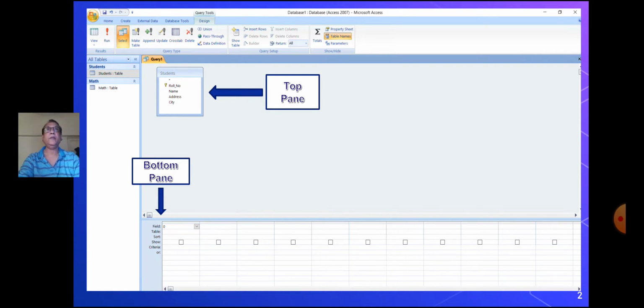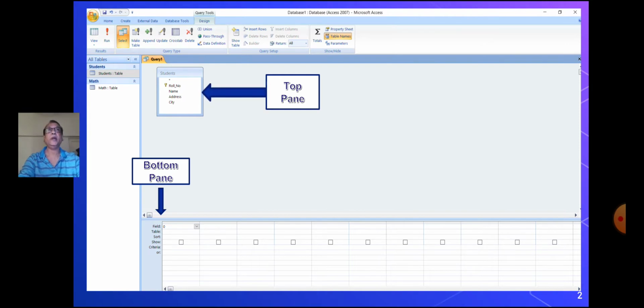The main query window is divided into two panes, top and bottom. The top pane displays the tables selected for the query. In case of multiple tables, the field lists are joined by a line.